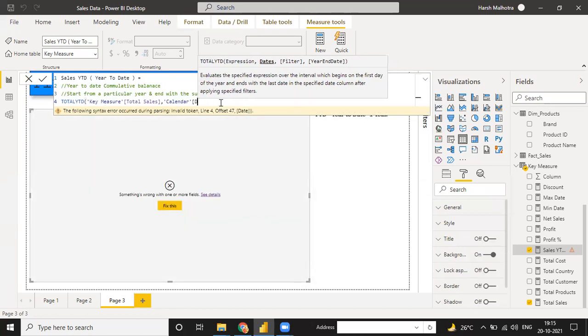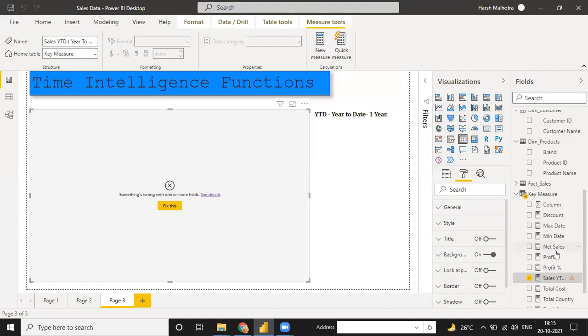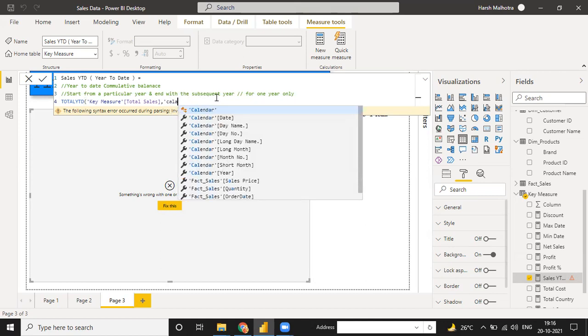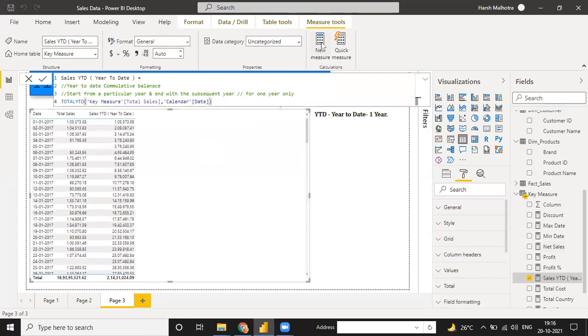I think the function is not copied. Don't do it, I can copy it. This one is old. Go to new measure.